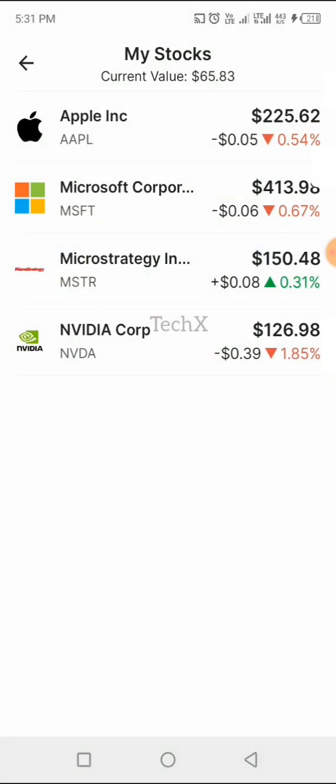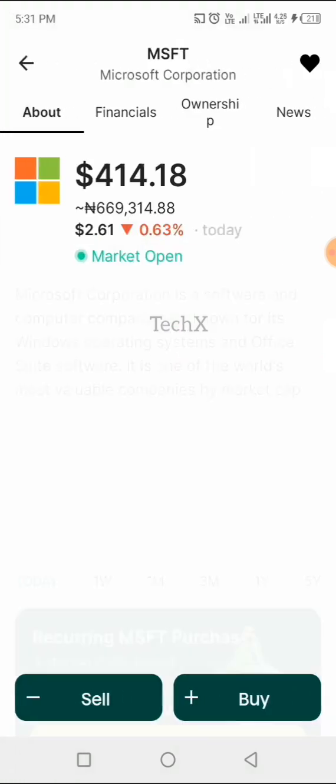Microsoft is also a big company. There is a likelihood that it will always gain, it will always grow. So it falling, it will be very, very hard for Microsoft to just drop. So instead of losing money, I may be losing money on a daily basis, like this one is showing now